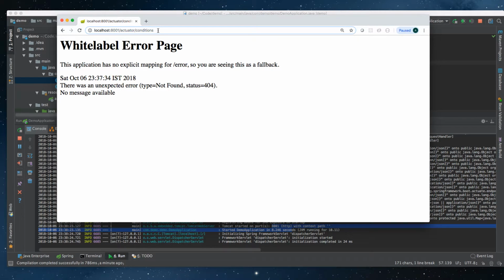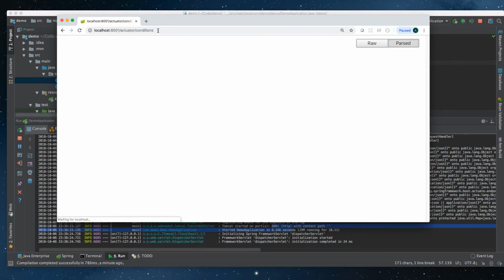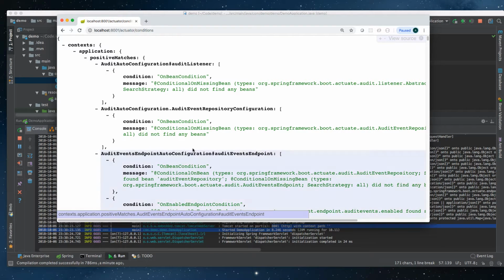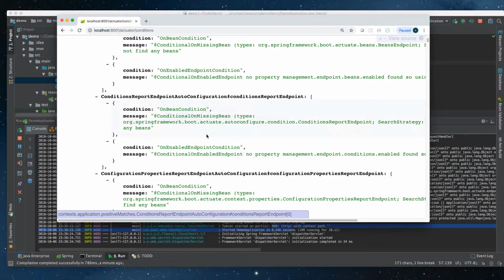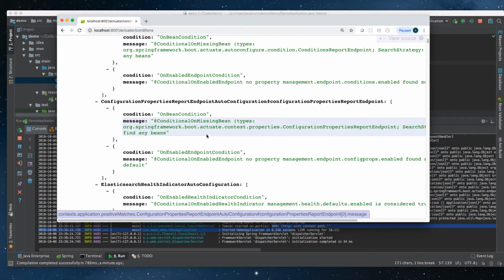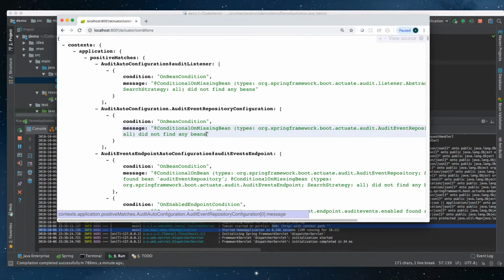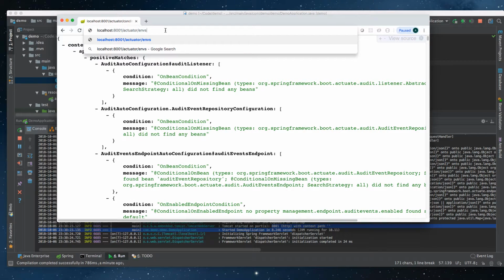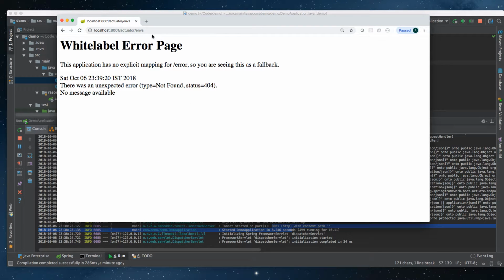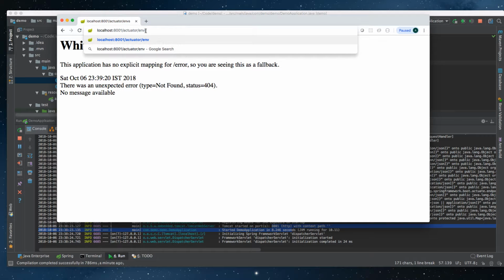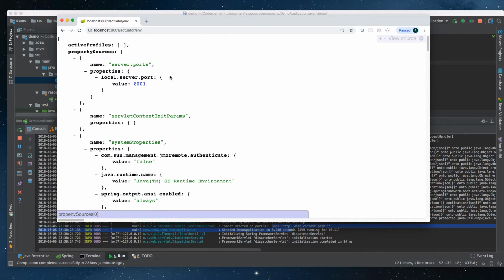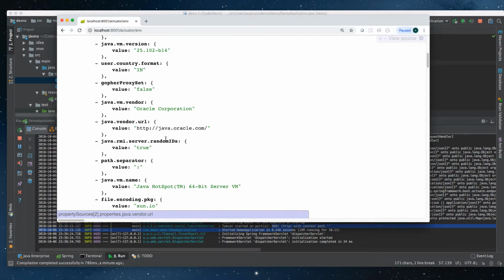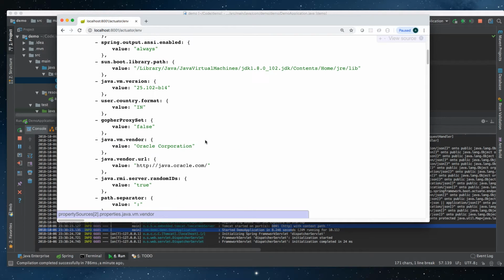And now we press conditions. See, it is showing all the beans that are auto-configured here. Several other endpoints are there like environments. Oops, sorry, I made a mistake. It will show the server port and all other information. Like that,